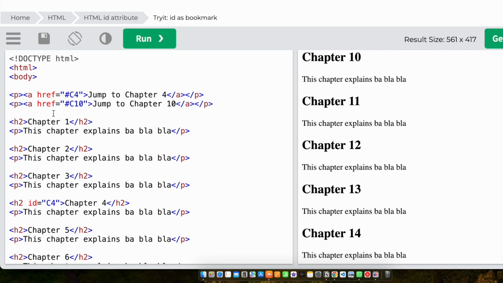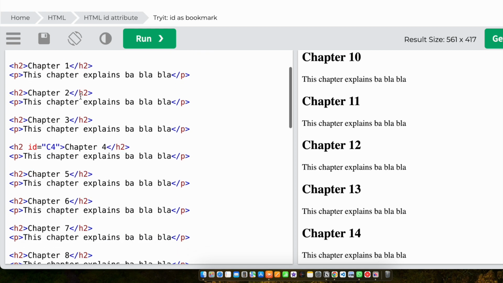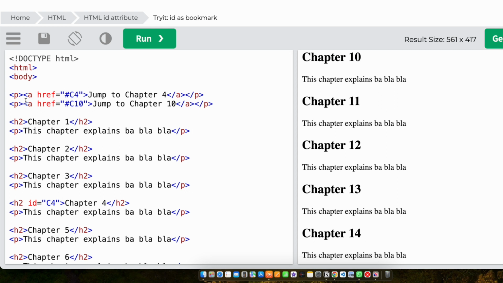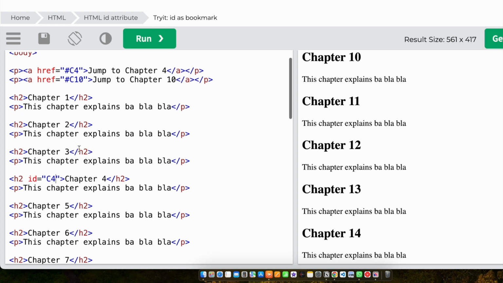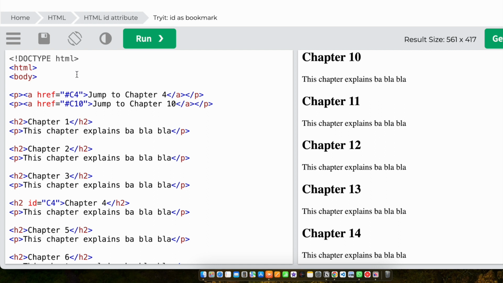We need to understand that in the paragraph we have written an anchor tag, a href equals C4, jump to chapter 4, and then we have closed this anchor tag. C4 is the ID of chapter 4. So here in chapter 4 we have the ID C4. Now if I create a link to C4, it will take me to C4 because the ID mentioned here is C4. We create links using the anchor tag and the href attribute, right? So we have created links using ID